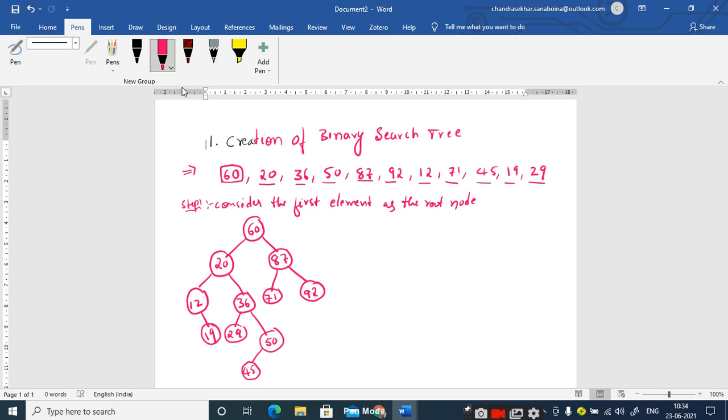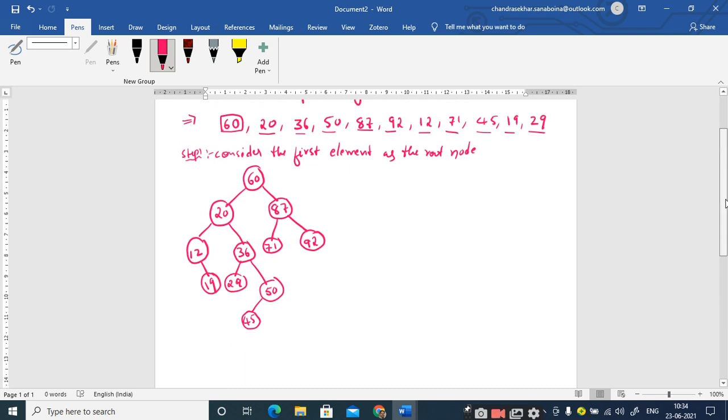Yes, sir. So if this is clear, shall we go to the next operation, or shall we do one more exercise or one more problem on this thing? Sir, go to next operation. Next one, sir. Okay, right. Then we will discuss the next operations. So we will take the same concept here. Give me 1 minute of time.